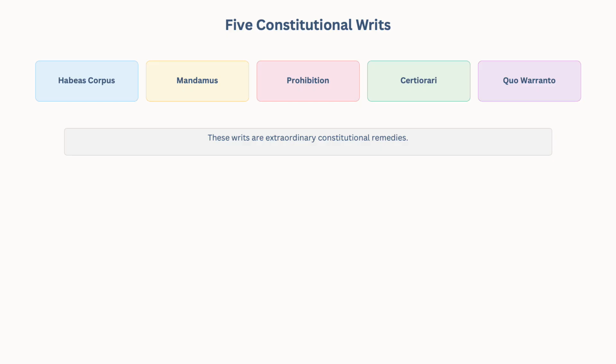So the High Court will tell the administrative court, why are you exceeding your jurisdiction? Your only job is to handle administrative cases, but you are handling a murder case which you shouldn't. So you are exceeding your jurisdiction, therefore do not exceed your jurisdiction. That's prohibition. And certiorari means, let's say you were arrested because you killed someone,